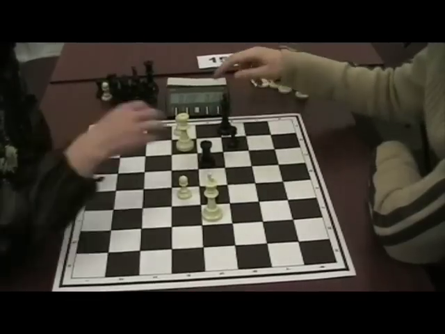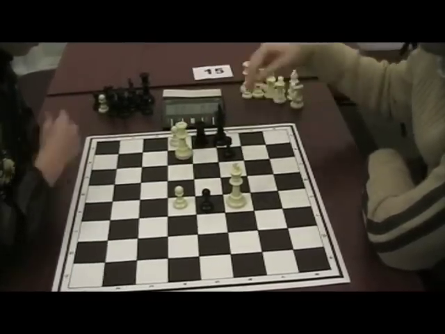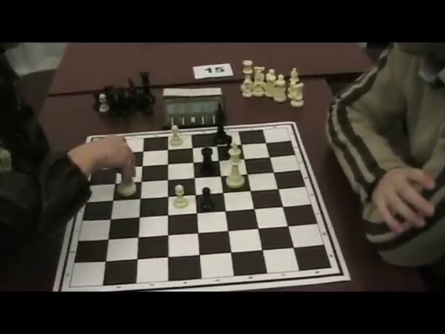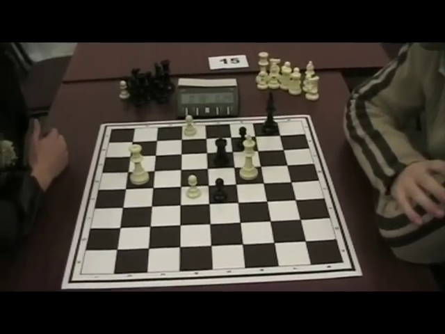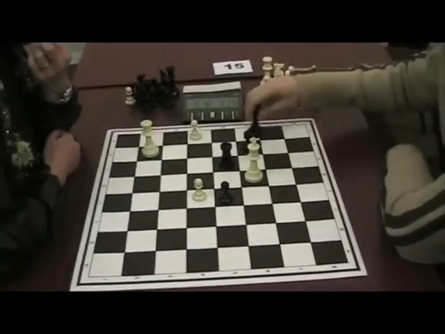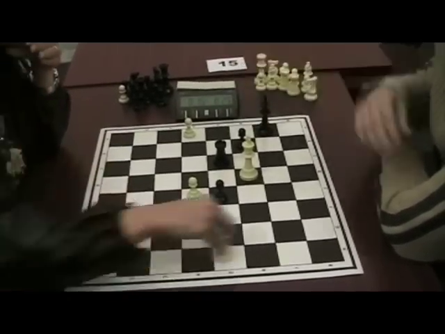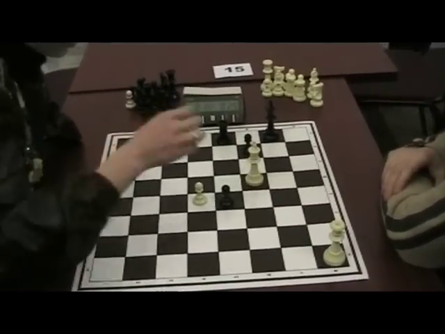So I'm improving the position of my pieces. I'm trying to find the easiest way to win. Here, for example, I should have taken on c5, queen takes c5. At the end of a blitz game, sometimes you just need to focus, to keep your concentration, because here I lost it for a second, but finally I got it back,